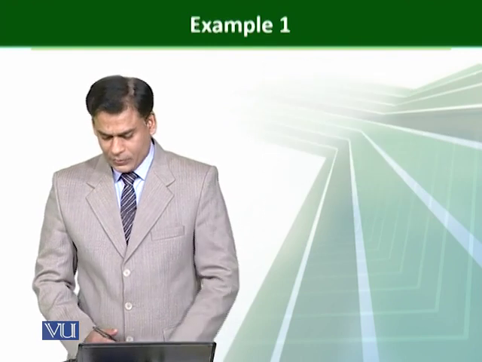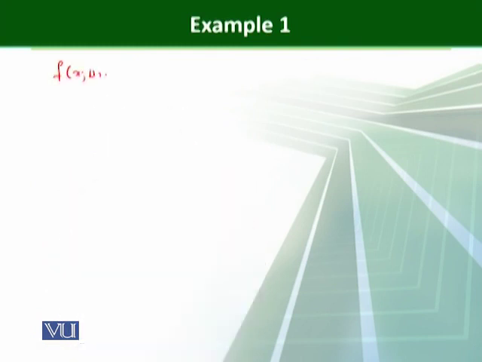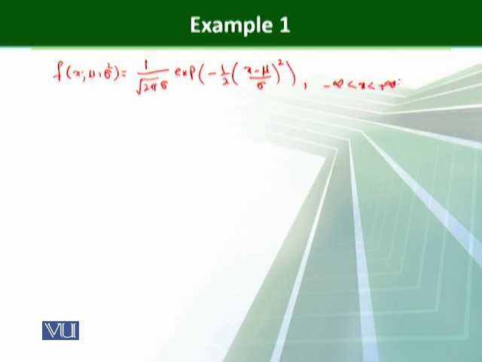So how do we proceed? First of all, we must know the probability density function of the normal distribution, which is 1 over square root of 2 pi sigma, exponential of minus 1 by 2 into (x minus mu over sigma) whole square, and we know that it is from minus infinity to plus infinity. The first and the second moment about origin we can find. That is mu